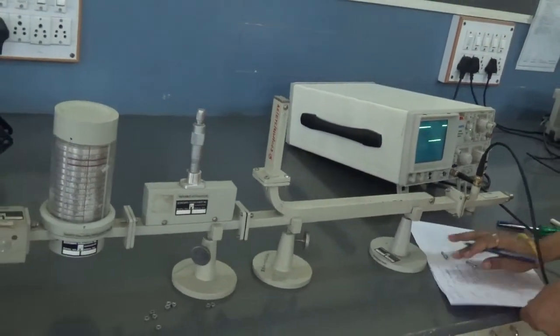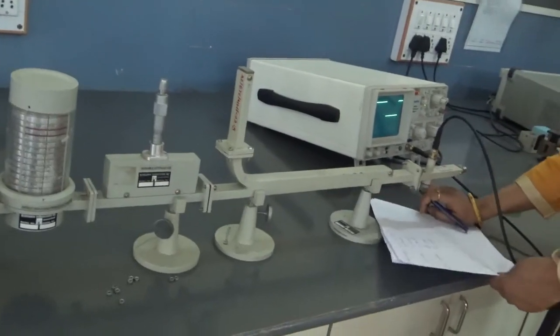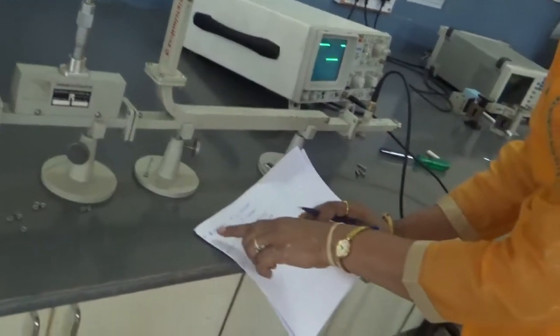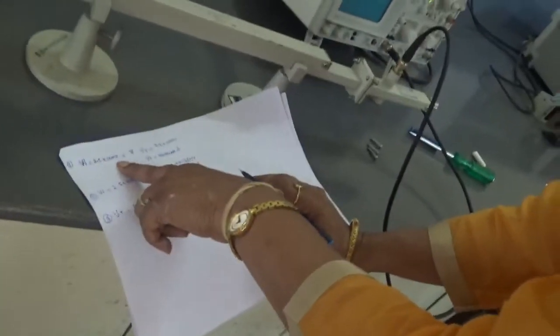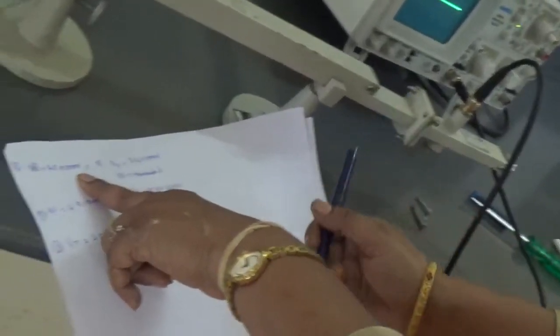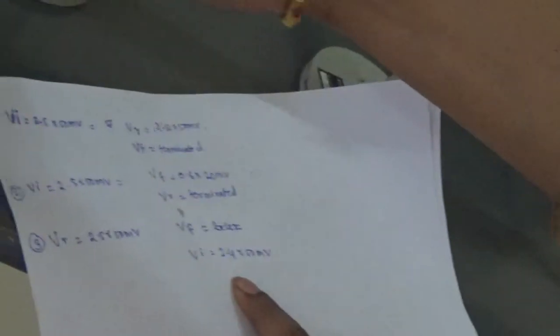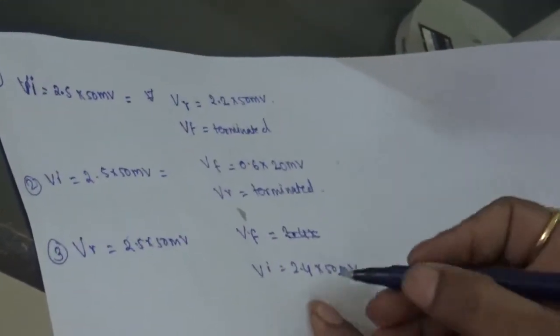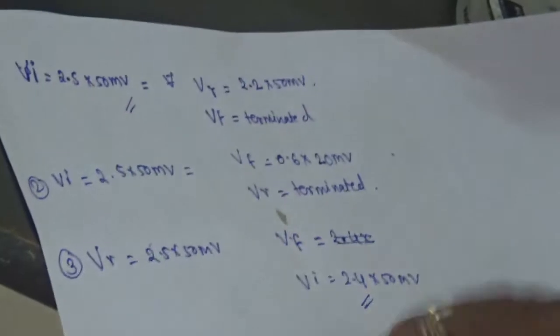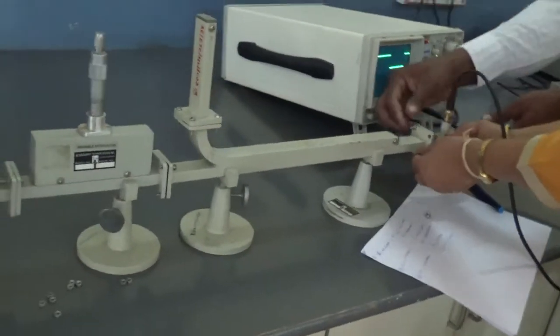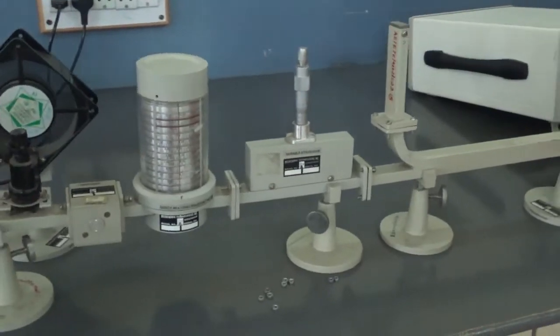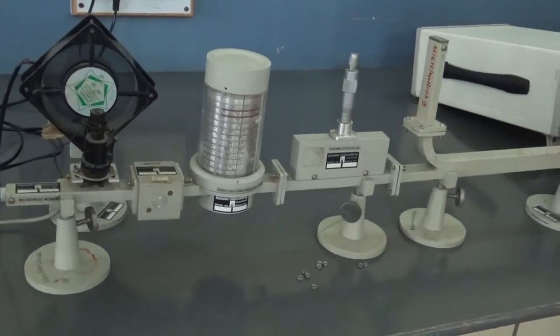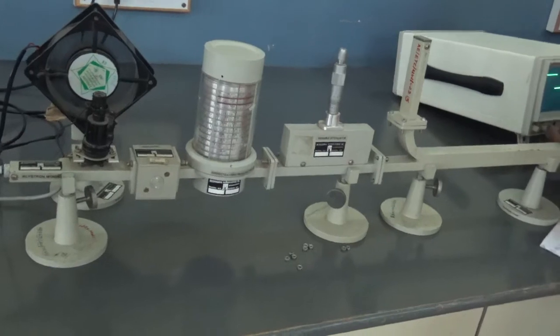Now you can see here, if you look at the observation table, we have given input Vi equal to 2.5 millivolt. That means initially at this port. Now we are given input for this port and we are measuring the output at the port number 1. Approximately we are getting the same signal because directly it is connected over here. They are the part of the main port, right? Now let us disconnect this connection and connect it to the port number 3. Sorry, port number 4. Port number 3 is always terminated with a match termination.